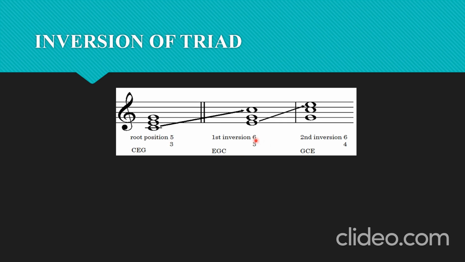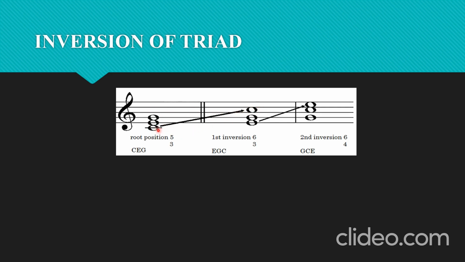Now let's go. How do you do that? This is the root position. You see, it's shown as 5-3. When you see 5-3, it means root position. C, tonic triad of C major, C, E, G. Now, first inversion means the first note, the root note C, is taken an octave higher. If you take this C here, take it an octave higher, it will be somewhere here. And that's exactly what has happened here. And then every other thing remains.